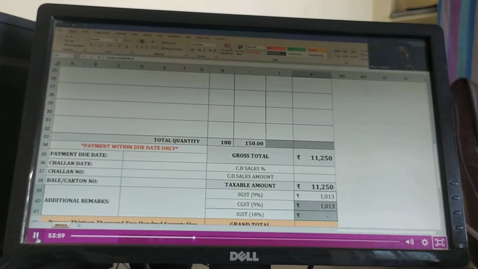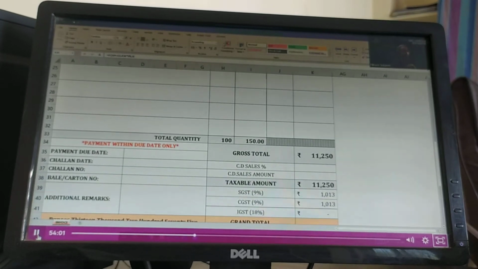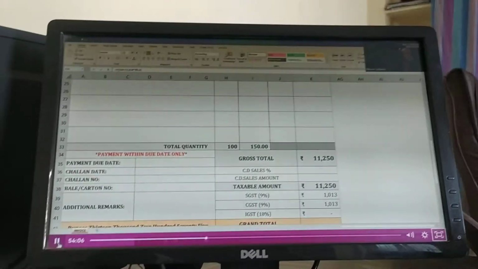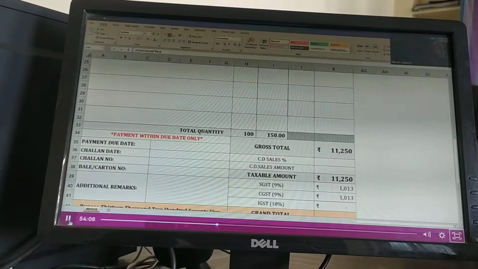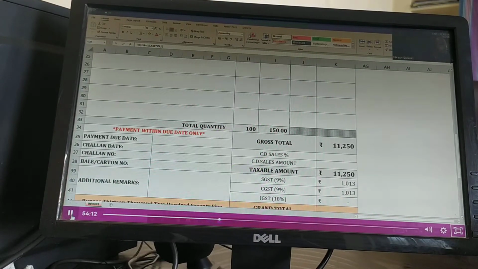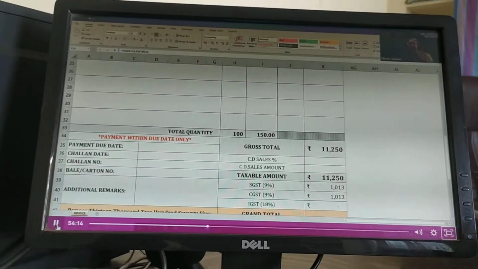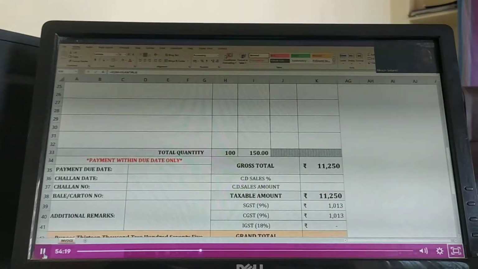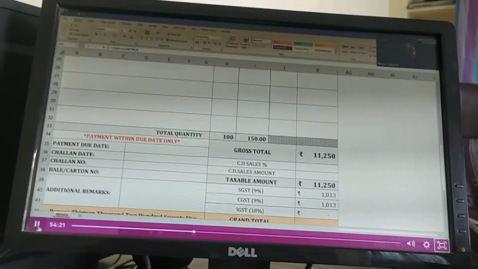Apart from this, are there any other questions that need to be addressed? Beena Nair says, if I have data, a birthday, which is entered in numbers and I want to format it, yes, I'll show you in a few of the cases, ma'am. These things will be done. Sir, can you explain IGST once again? Yes, I will do that.